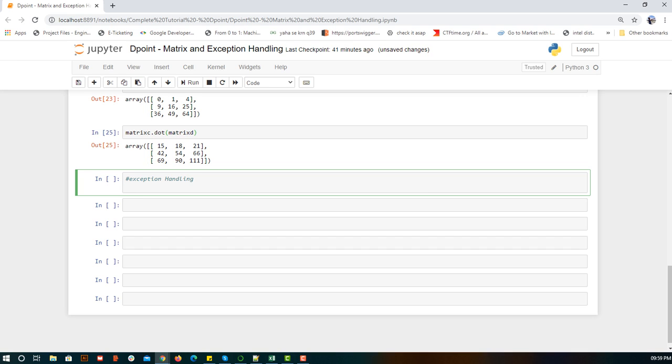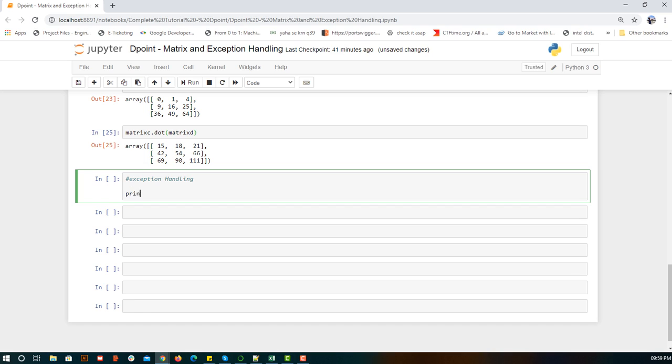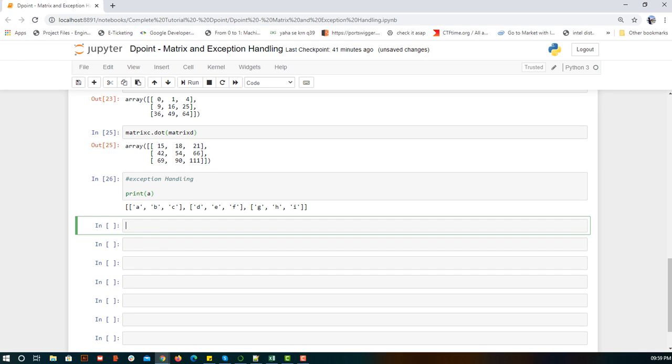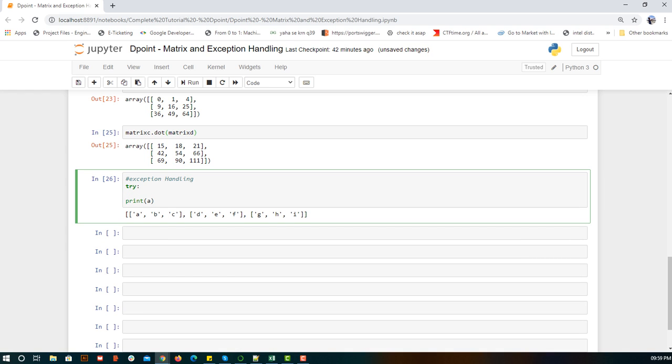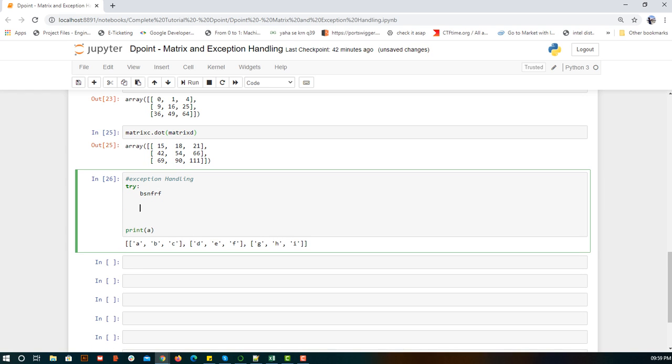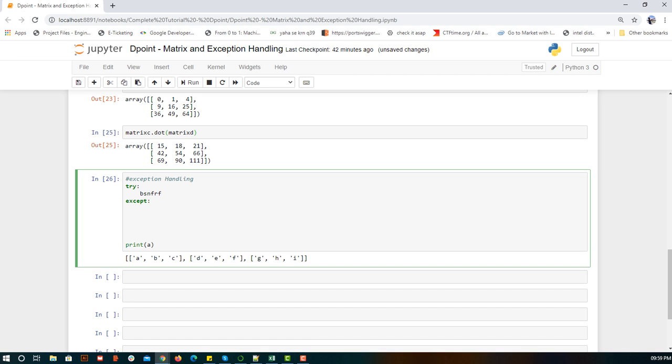Okay, so suppose our business logic is print a, this is our normal logic, right? And if I try to print, I'll get the value of a. But when you're writing something really big, or for big platforms, you try to write try. Then you will write your business logic here, and then you use one more keyword called except. I'll let you know what it is in a minute. And finally you write finally. Now finally is not mandatory, but the mandatory thing here is except. So whenever you write a try, except has to be there.